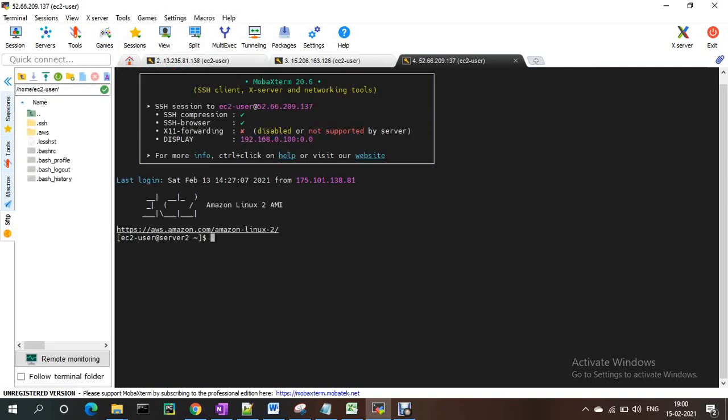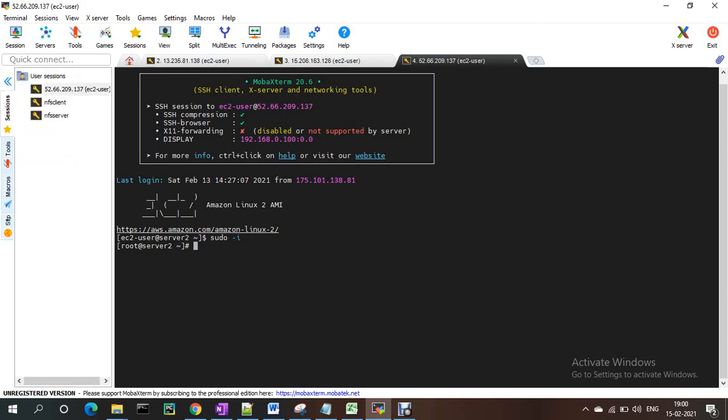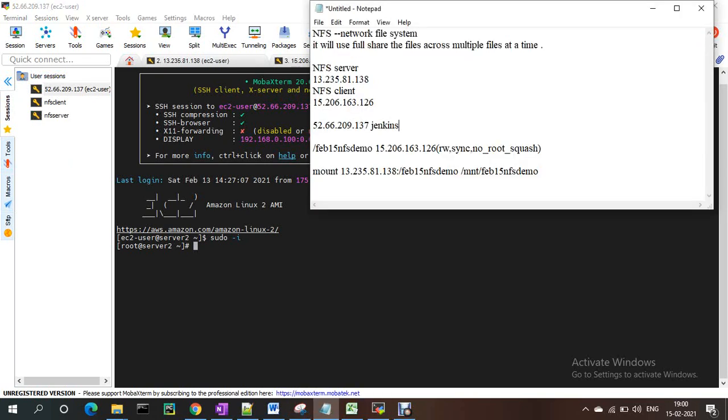Okay, and once it is connected, I'm connected to the root server. And I just mentioned the IP address of the server in the NFS file.